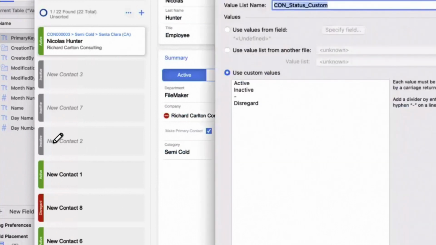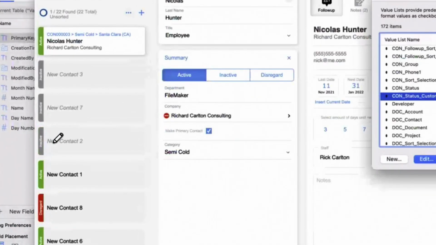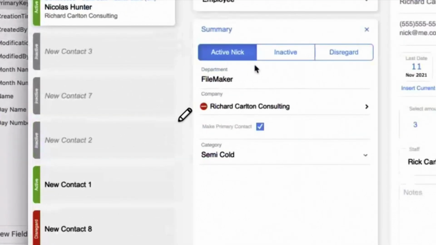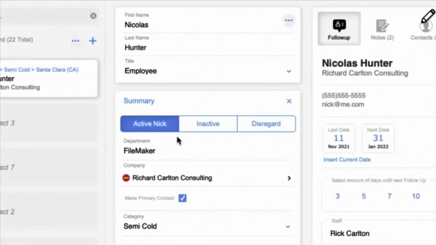As proof, I changed this name here, I changed this value, boom, active Nick. So it's a custom button, a custom object that I built, and I'm using everything I'm talking about.